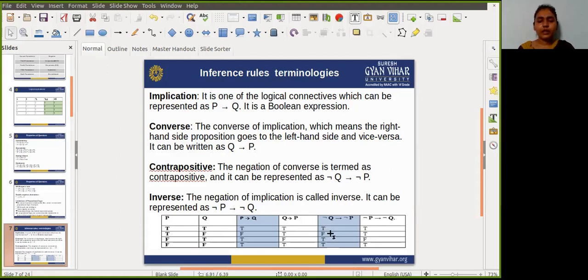Now again the second row. In the second column, you know that the value of q is written as F. If we apply the negation operation, then the value definitely becomes true. So the if condition is true, and now we have to check p. As the p value is written as true, the negation of p is false. So in that case, the if condition is true but the then condition is false, so obviously it gives a false value. That's why in the contrapositive column it is written as false.